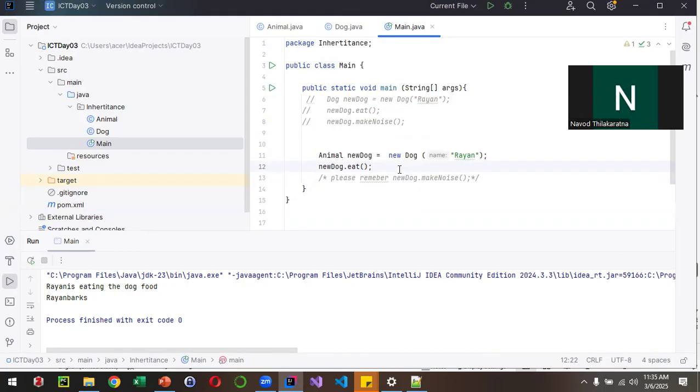Without referring to this Dog class, I just created an object reference for the Animal class, but I am assigning the new Dog object, right? So you can see it is a superclass Animal reference. And yet I'm invoking the eat method, right? So once I run that,